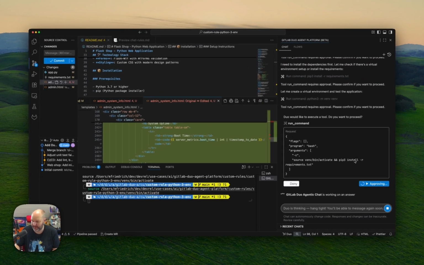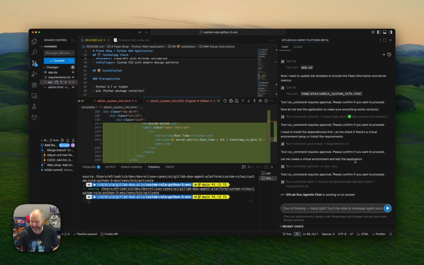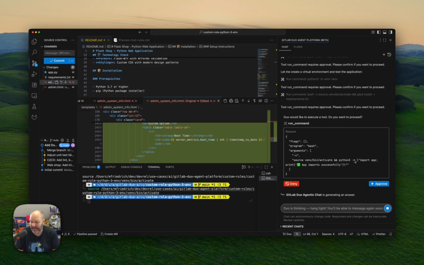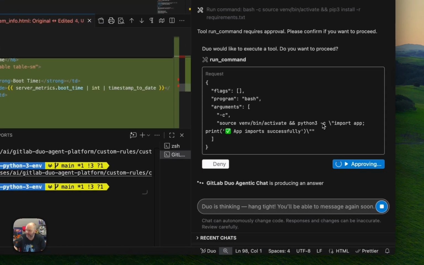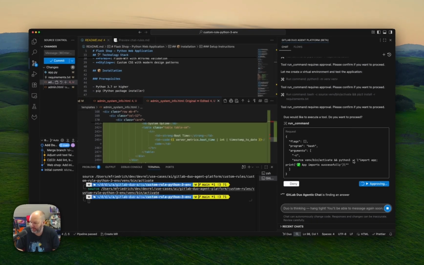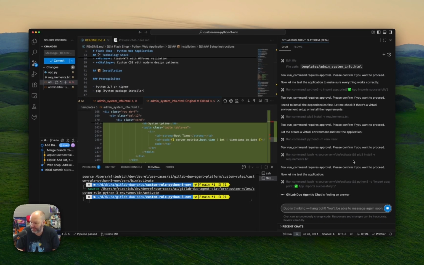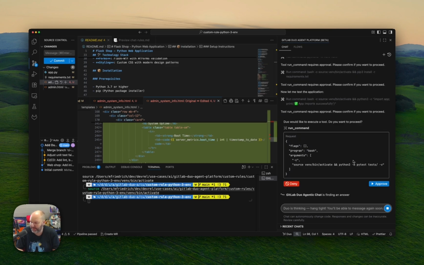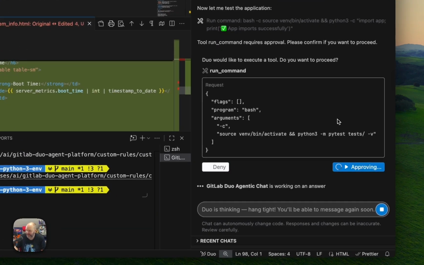Oh, this is great. This is causing me so much headache. I understand why you should use Python virtual environments by default, but I cannot remember the syntax in my life. So it's now running the entire combined command for that, and I think the reason is because every agent is working on its own, so it's combining the activation and running Python 3 tests. So it wants to run the tests now,